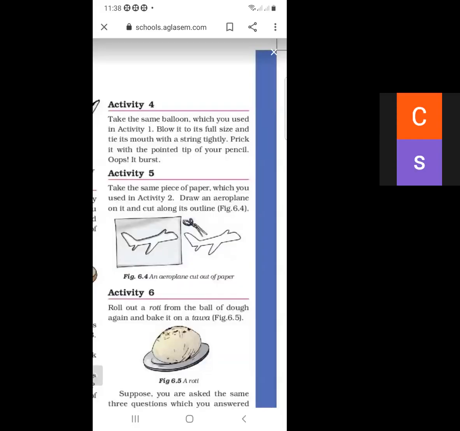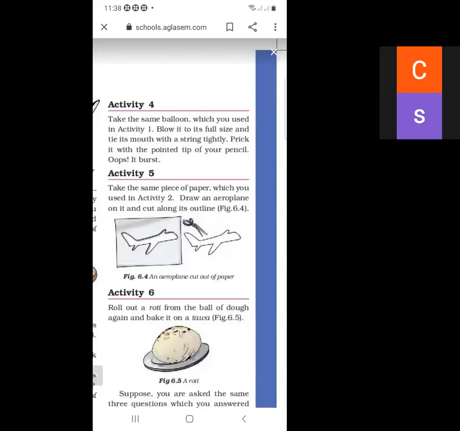And activity 5. What is the activity 4? And what is the activity 5? And what is the activity 6? In the activity 4, firstly,